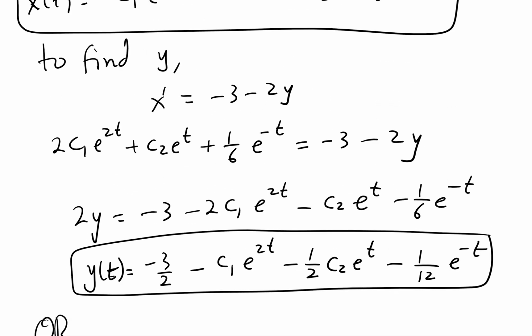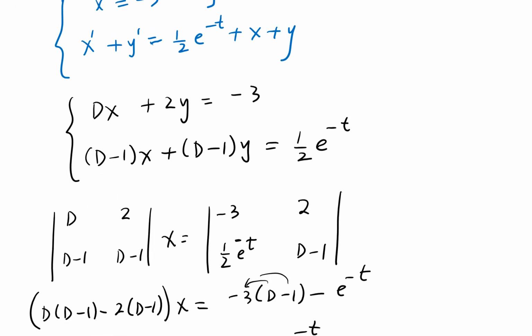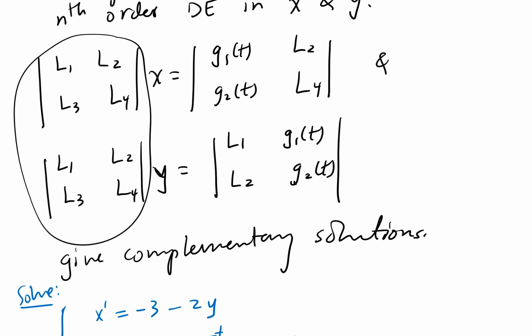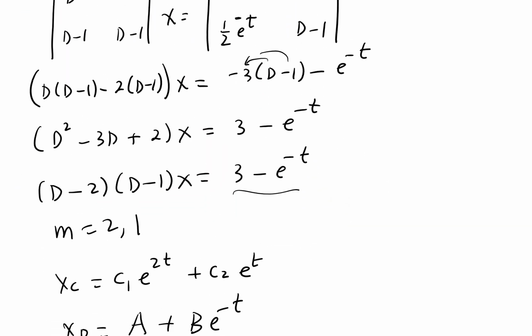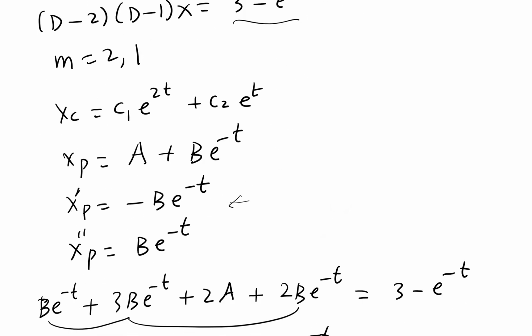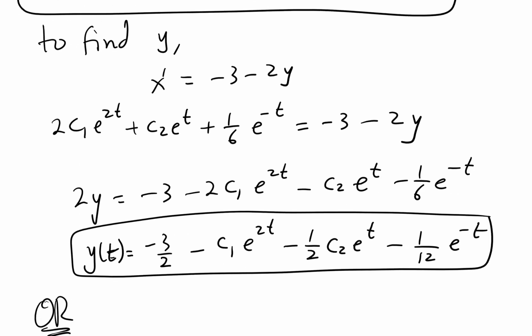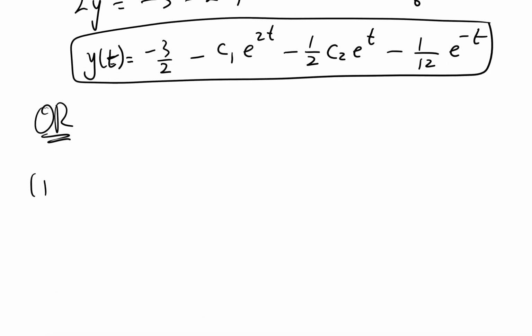Remember when I said, if we go back up, I said that the circled part, they're the same. So when I find it for x, I get it for y automatically, the left-hand side, or vice versa. If you get it for the y, you get it for x. So for x, when we did all the work, we got this, d squared minus 3d plus 2x. We do the same thing. We're going to get the same thing for this. So here, I don't have to do determinant again. I got the same thing as the previous one. So this is the same as before,